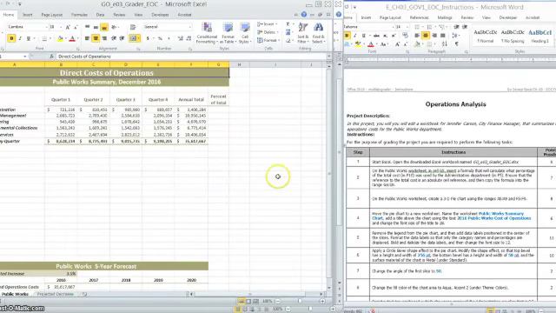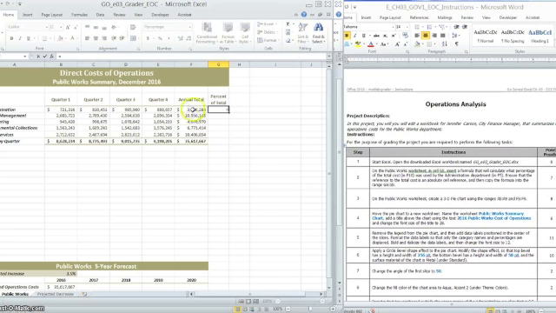Instruction 2 on the homework says on the public works worksheet in cell G5, insert a formula that will calculate what percentage of the total cost in F10 was used in administrative department. So what they're asking for right here is what part of the total is this administration cost, and this is the total. So what I want here is